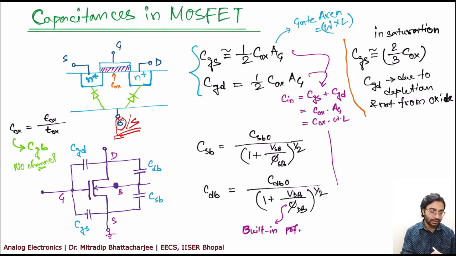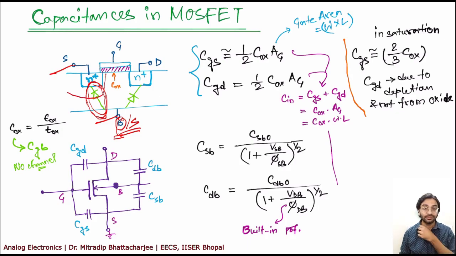This junction is actually off when there is no biasing, since this is grounded, this is grounded, so this diode is actually off. But if you make it more reverse biased, a depletion layer will form, right? That means if you bias the substrate terminal with a negative voltage, this diode will become reverse biased and a depletion layer will form across this